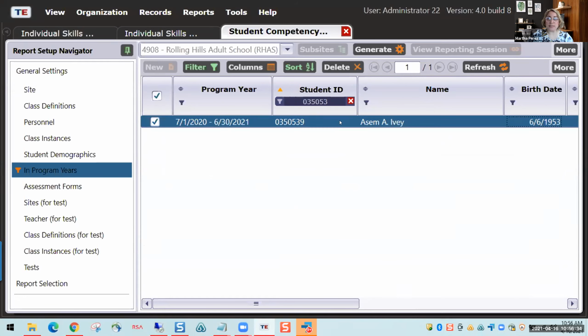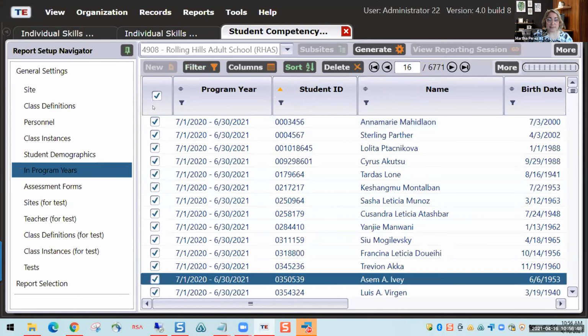Once I have one student in here, I can then simply click the generate button. But if you want to generate it for 5 particular students, then I wouldn't do this filter right here. I would actually remove this filter and uncheck the general checkboxes on the top. So let's say you want to pick and choose from a list, but you find it kind of hard to go through this sorting, because as you can see, here are some sorting buttons and some filter buttons inside the